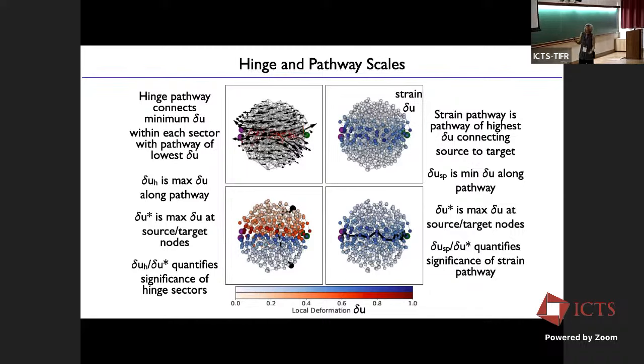So in the ascending filtration, again, you get sectors, okay? And what you get are these sectors of nearly uniform strain. So these sectors actually behave sort of as rigid bodies, okay? Moving relative to each other, okay? And what we want to look at is the significance of that sector. So what we're going to look at is a quantity, okay? I'm not gonna drag you through it. You can read, well, no, you can't. It's not submitted yet, but